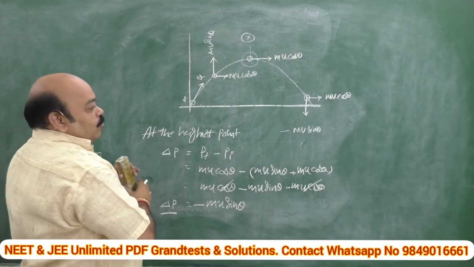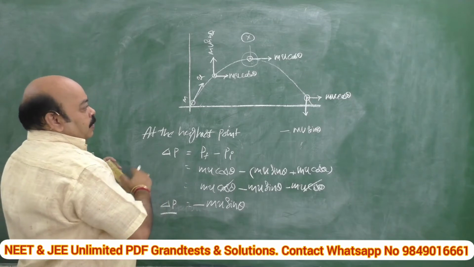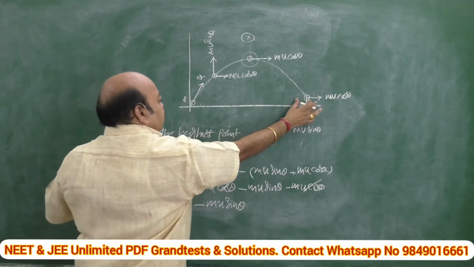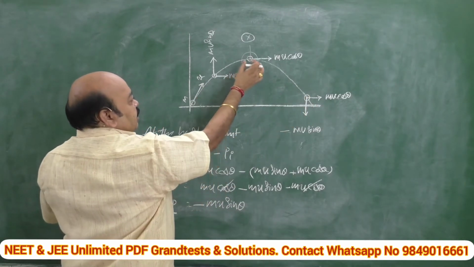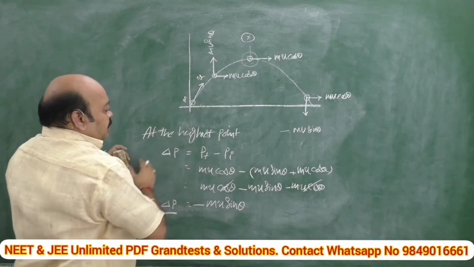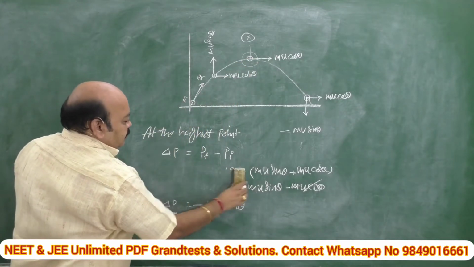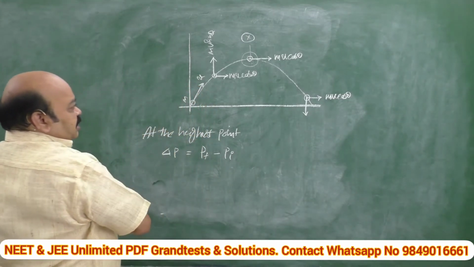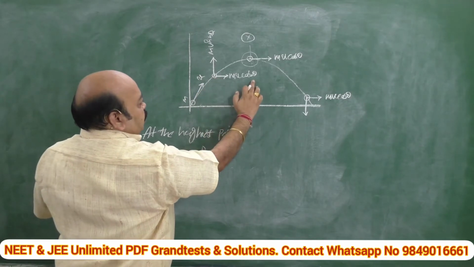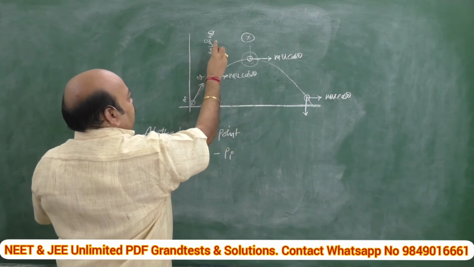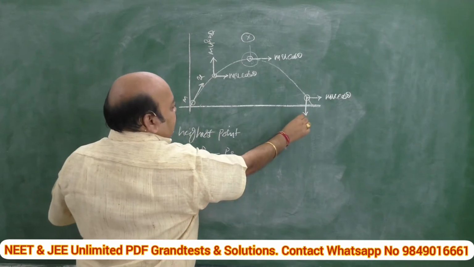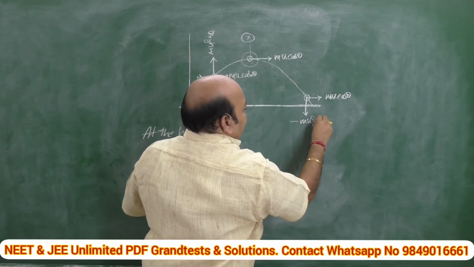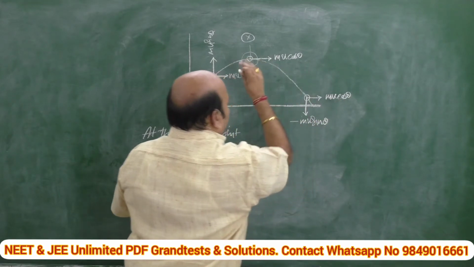Okay. Now, what will be the change in momentum between the starting and ending points? Starting and ending point. In the previous case, it was the starting point and the highest point. At the initial point, once again this is the same. Observe carefully, no confusion, it is a very simple thing. Initially what does it have? Horizontal component mu cos theta, vertical component mu sin theta, and finally it is minus mu sin theta as the vertical component, with mu cos theta as this.